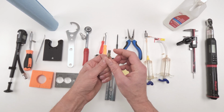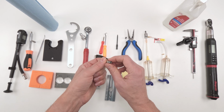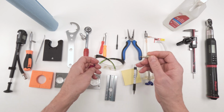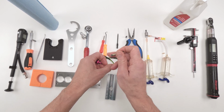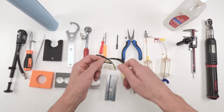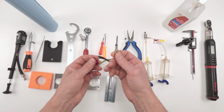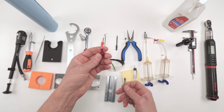Basically, it has a pin inside. When you screw this into the shock pump, it will press down on this pin, which will press down on that pin, which should press down on the Schrader valve in order to fill it up. The nice thing is when it comes to removing, we won't lose air, or at least we shouldn't. I've never tried this before. This is going to be the first time I'm trying this one,